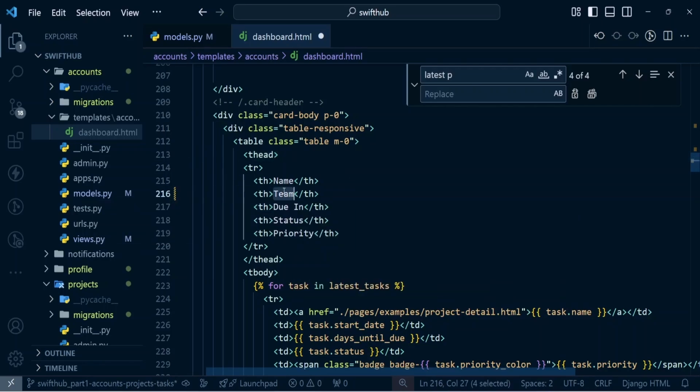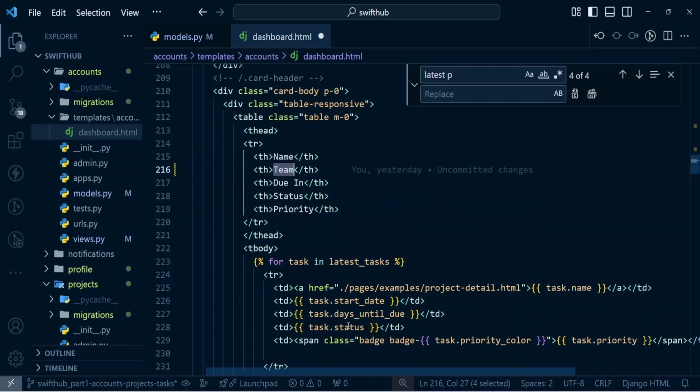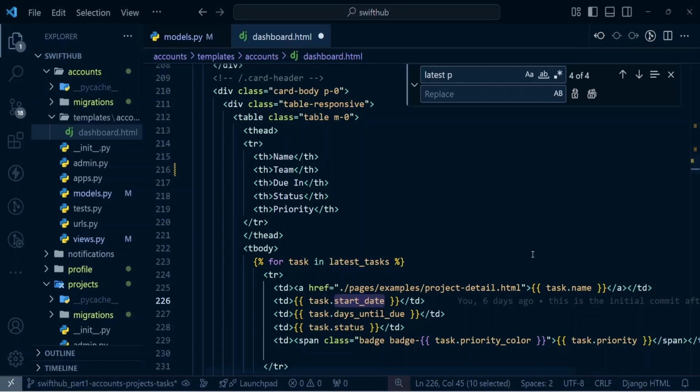Now that I have changed the start date to teams, I should also come here, and where we have start date, I'm just going to make it task. So now we are actually working even on the task. So let's do it because we're going to have it show on the task and on the teams, on the task and on the project as well. And here I would also come, so I would also come here, and then I'll have to do